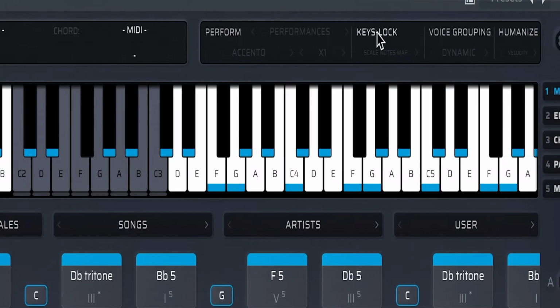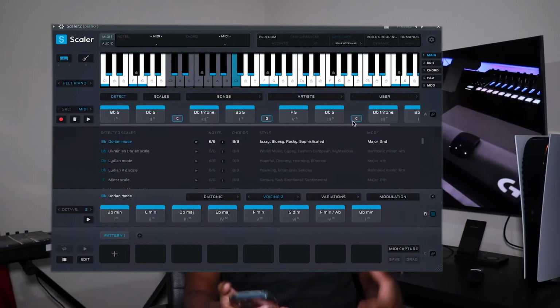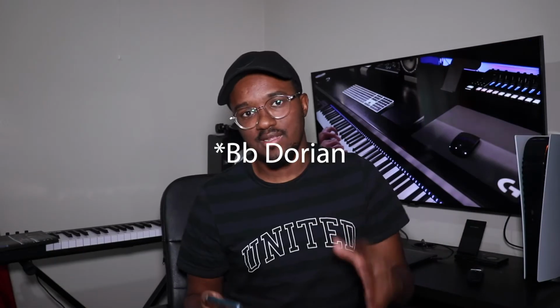So you guys, I then came up with a counter melody, a little secondary melody to go with the chord progression. I pretty much duplicated the Scalar track that I had, so I used the same piano, the felt piano, the same EQing and stuff like that on it. I just wanted to create a different counter melody, so I used a feature in Scalar called key lock. So that's pretty much when you lock it to that key. So everything you play is going to be in that scale, so it's going to be in that D flat Lydian scale. So I was just playing on my MIDI keyboard different melodies to go with the chord progression and stuff like that,